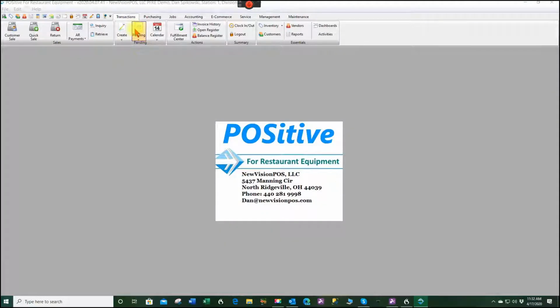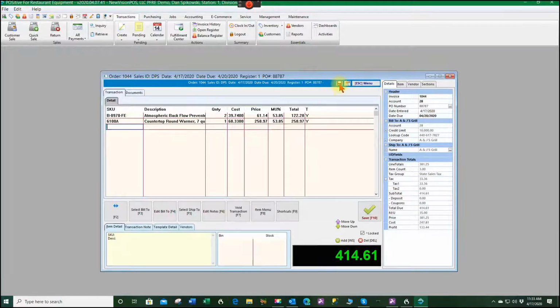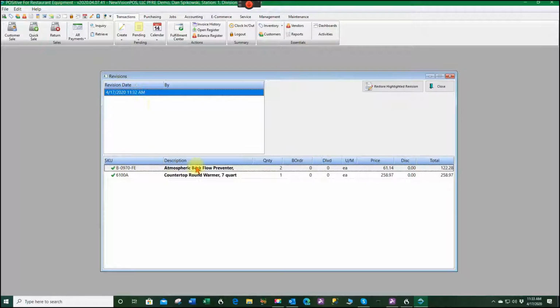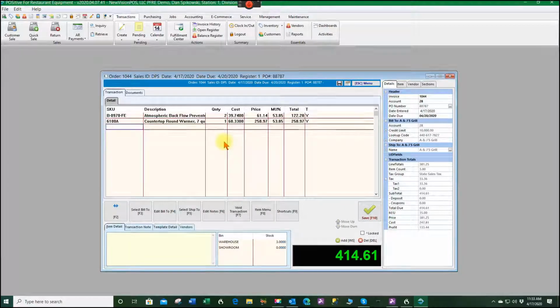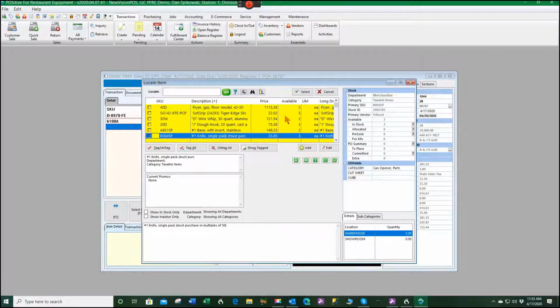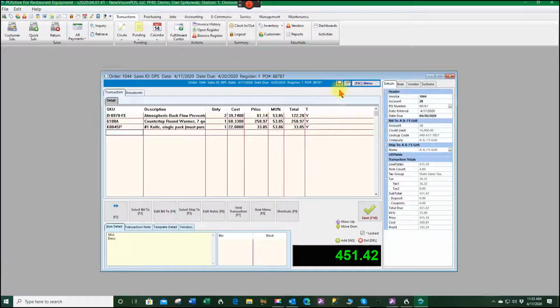Now, going back to pending sales orders, the one we just did, if we edit this, you can look here under the revisions, and you can see that revisions can and have been made. So if I close this and I go down and say, hey, I'd like to add another item to this, and then save this revision,